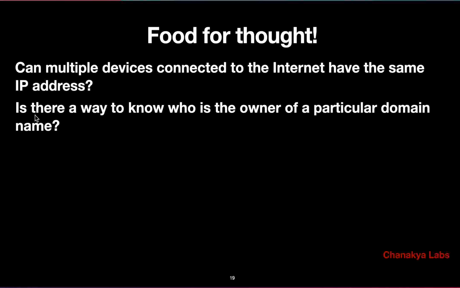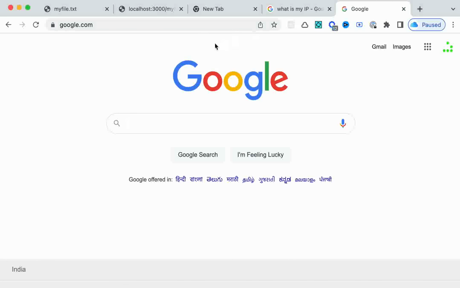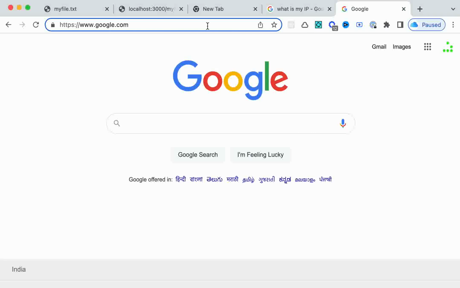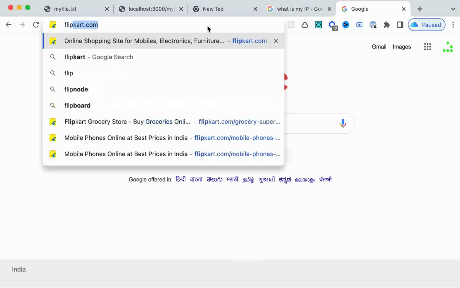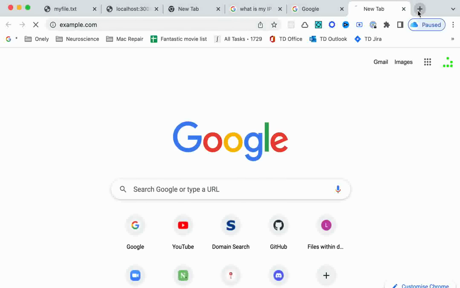Okay. The next thing is, is there a way to know who is the owner of a particular domain name? Which means, let's say I want to meet the owner of some domain, let's say google.com or flipkart.com. Is there a way to connect to whoever maintains this domain name? I want to get in touch with them for some reason. Let's say I opened some random website,